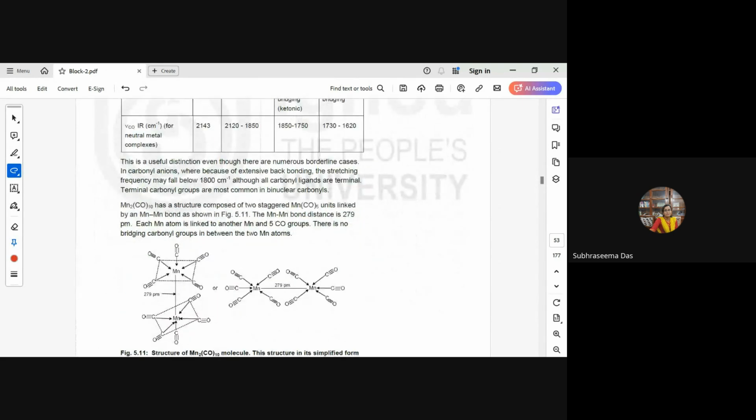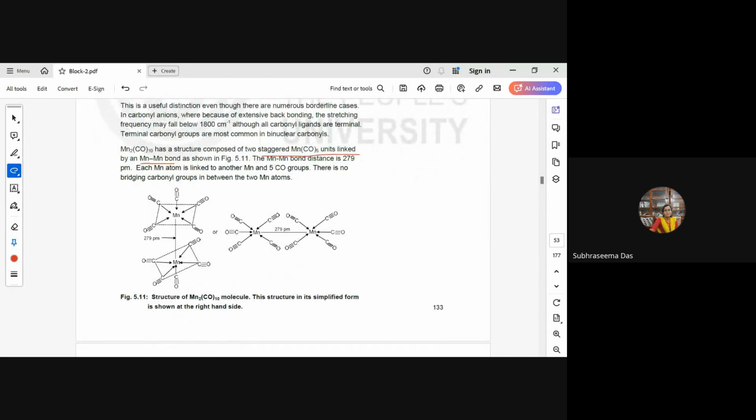Now if we look into Mn2(CO)10, it has a structure composed of staggered Mn(CO)5 units which are joined together by a Mn-Mn bond, as shown in figure 5.11. So here in this figure, the structure is shown in its simplified form. Here this is the staggered form of Mn2(CO)10, and on the right side the structure has been expanded